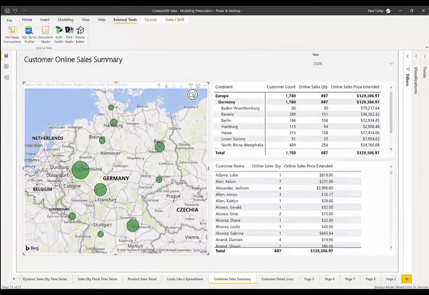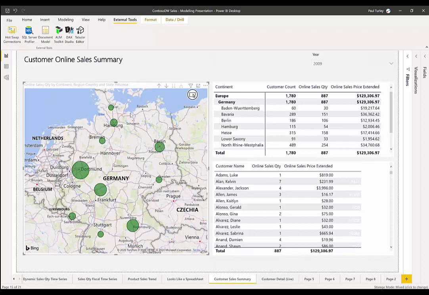In this last demonstration, we're going to use direct query in a composite model to be able to get customer details from the data source that are up to date. We don't need to reload data or refresh data in our data model to be able to get those details. Now, again, there are trade-offs when using direct query, but for this kind of detail reporting, it may be very appropriate. The scenario is that I have customer details that are changing all the time, and it's important that when I select a customer, I'm able to get to those details without having to reload data.